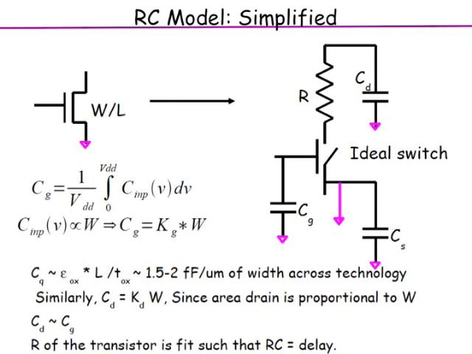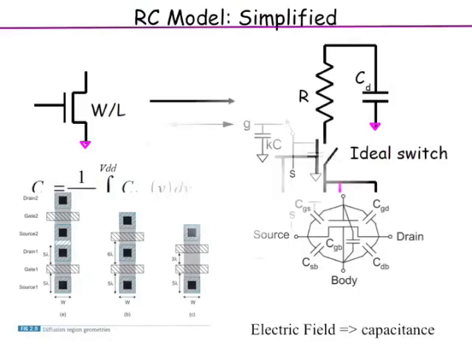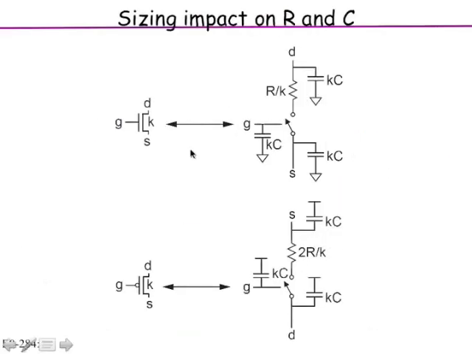Okay, so we have taken that very complex model and simplified it, so that you can do some hand calculations and get quick answers to the delay numbers as well as power numbers. Now what R should I use? I use an R such that R times C gives me the delay which I measure. So we are using this fitting business. The important thing is, these R's and C's are in some sense average values. They are capturing the average, but they do linearly depend on the size of the transistor.